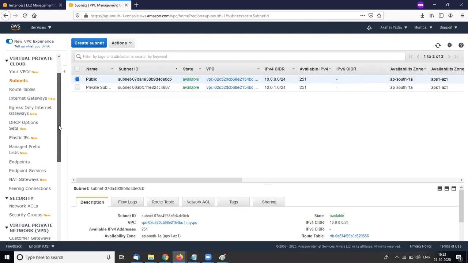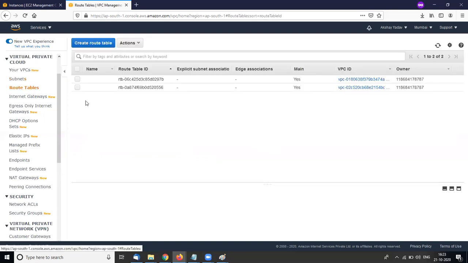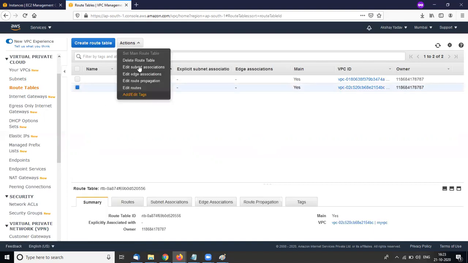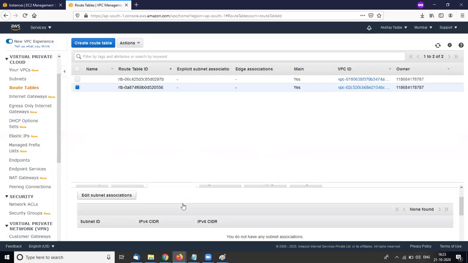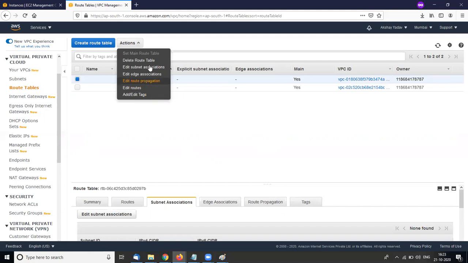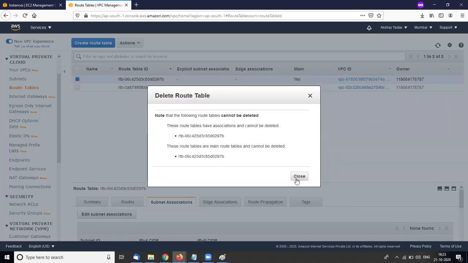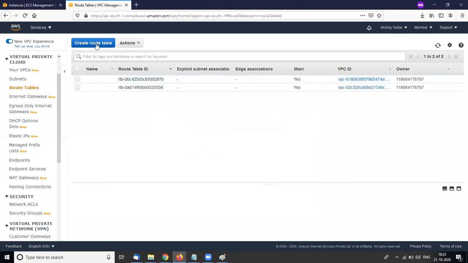And the third thing, I need to create a route table. I already had two route tables, which I deleted. So I am creating a route table for my access.